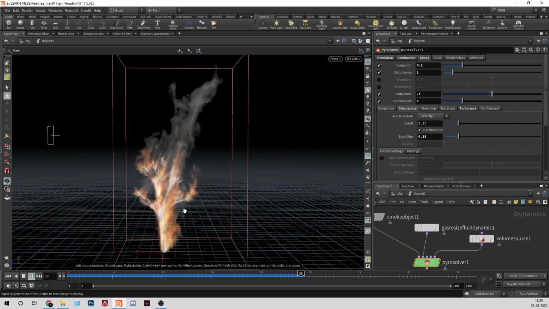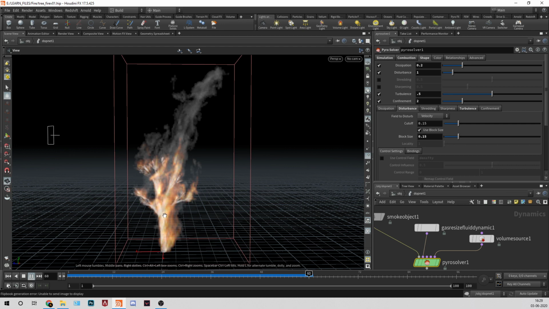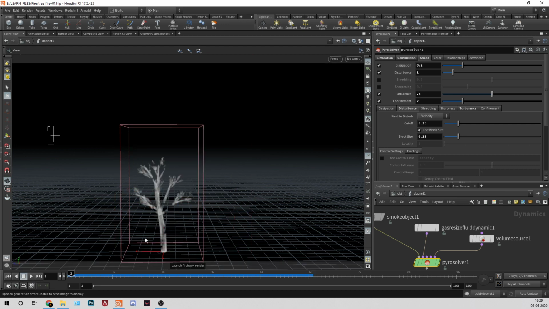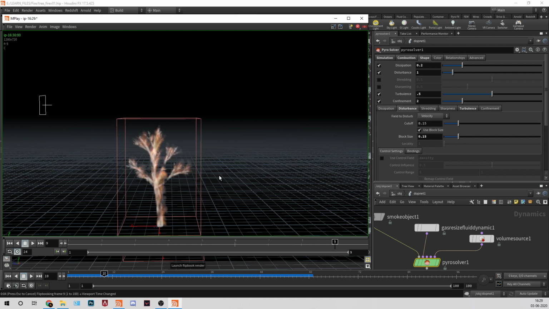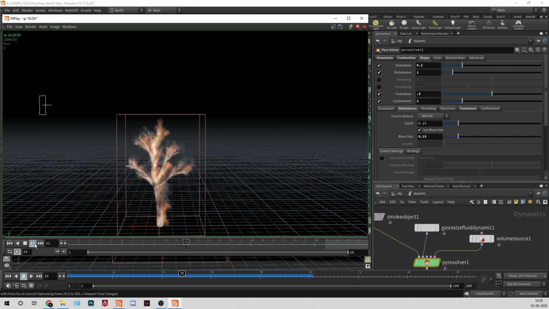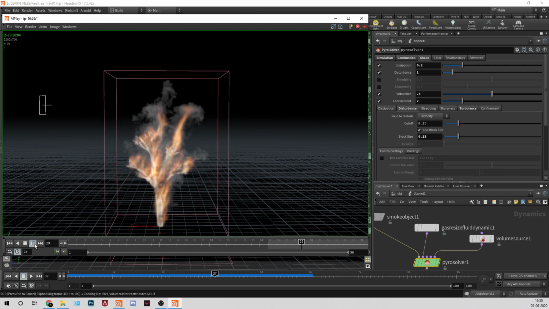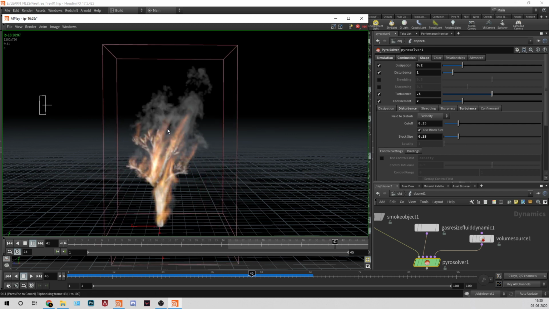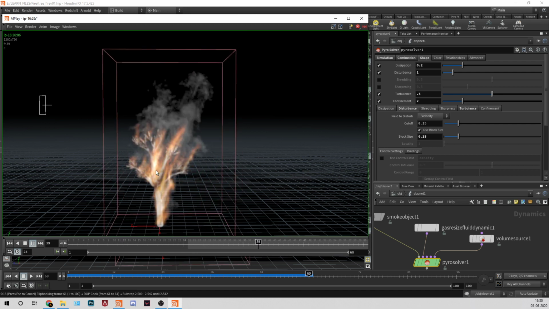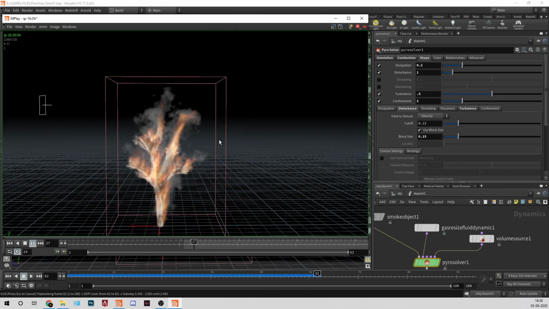It will increase the resolution. You can see we are getting something much better than before. With confinement you can see we have our fire look now. The behavior looks like fire now. I like this one.